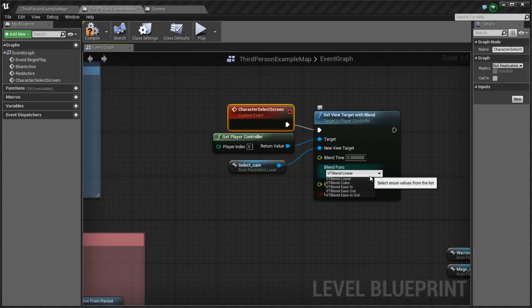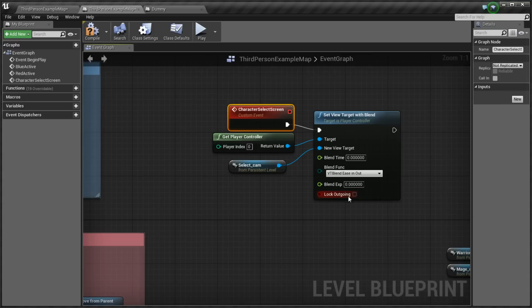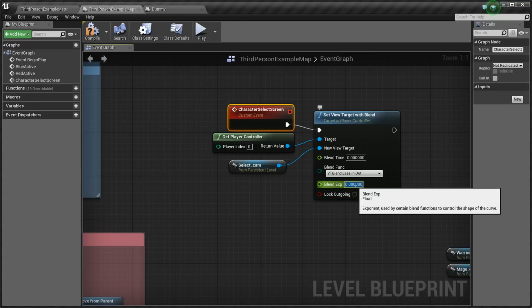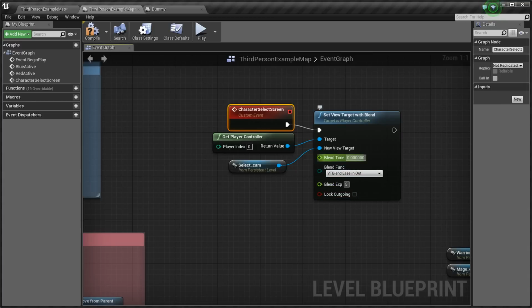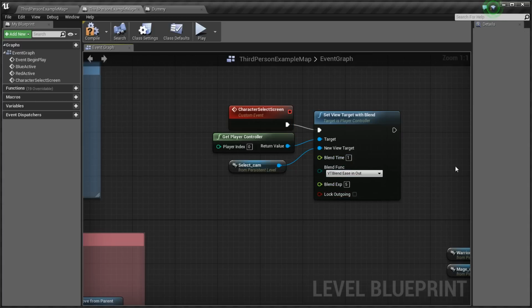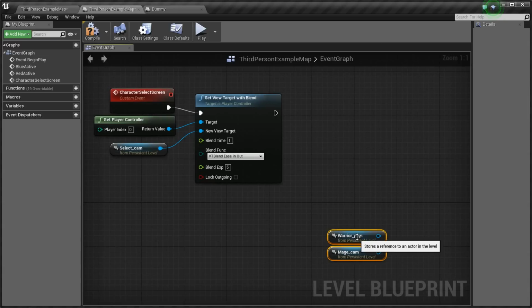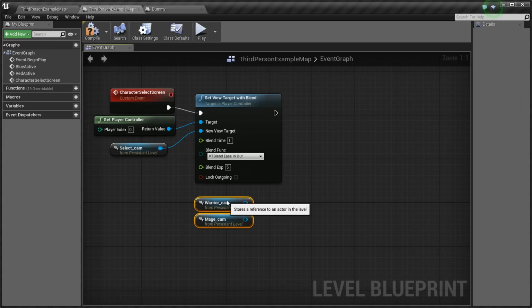So here in VT blend linear, we'll take the last one, ease in out. Blend exponent, we'll put it to 5, and blend time, we'll put it to 1. So it takes 1 second and it has an ease in, ease out curve. Then